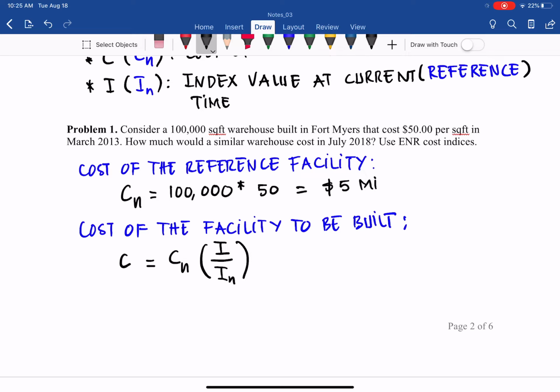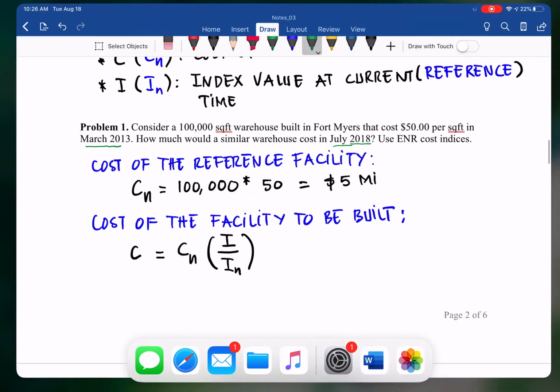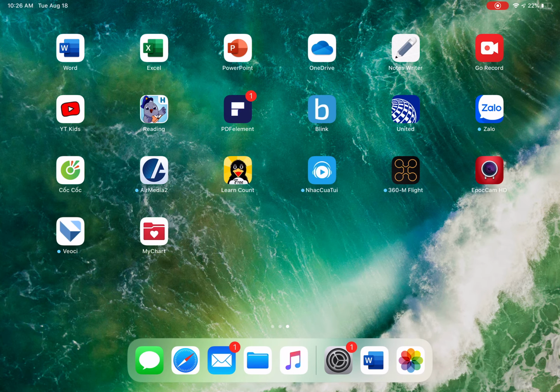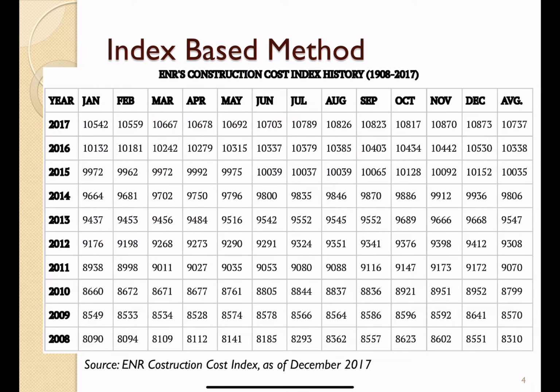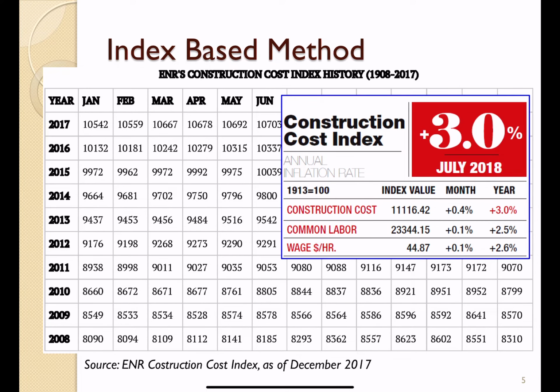And the question is, we need to find out what is the index for the reference facility, which was built in 2013, and the new facility to be built in July 2018. And that goes to the reference that we have in class in the PowerPoint, or you can have the index over the years, and you have the index here for July 18. So the index for that construction,